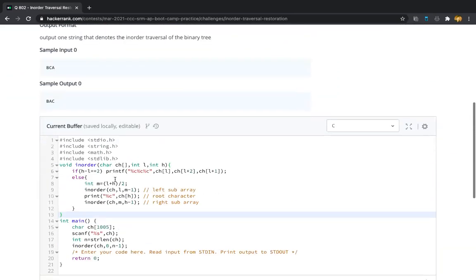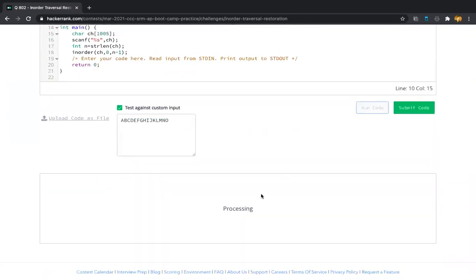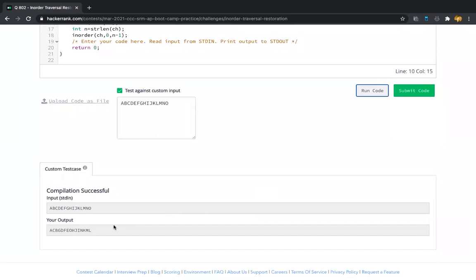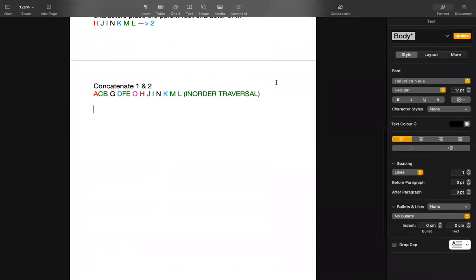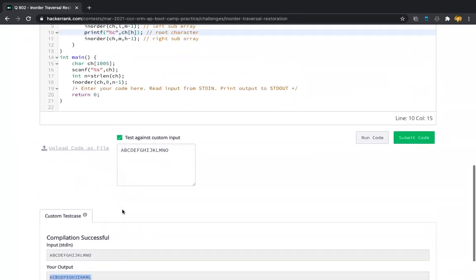Oh, sorry, here it's printf, not print. Yeah, we successfully got the in order traversal. Let us compare with the manual description we wrote before. Yeah, it's A, C, B, G, D, F, E, O, H, J, I, N, K, M, L. That's it. We have successfully produced the desired output, that is the in order traversal.